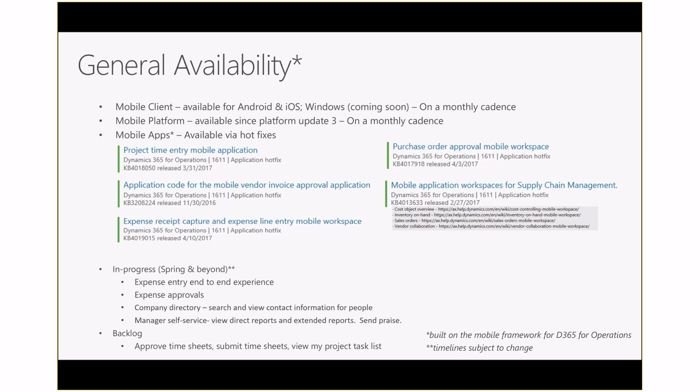So basically the hotfix that we have today, which we will take a look at in the demo also, is the ability to capture time. So you can enter time and send it to AX, but you will not be able to submit the timesheet from the mobile device as of today. So the hotfix we are talking about allows you to just capture time, and then eventually you go into AX and do your validations, do the cleanup, and then make sure whatever you want to submit is what